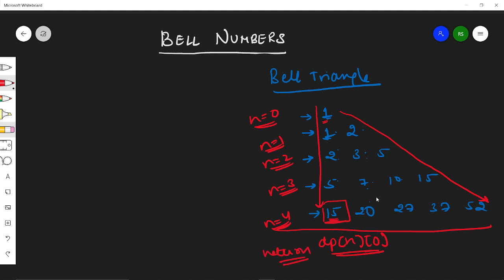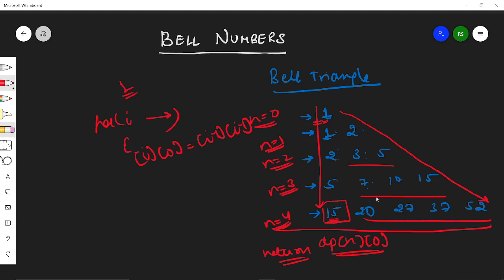Okay, and how can I make this Bell triangle? The condition is very simple. Initially, we will set 1. And then when we are traversing all the rows, for every row, the first column would be the previous row's last column. Okay, and for every other column, what is the formula?